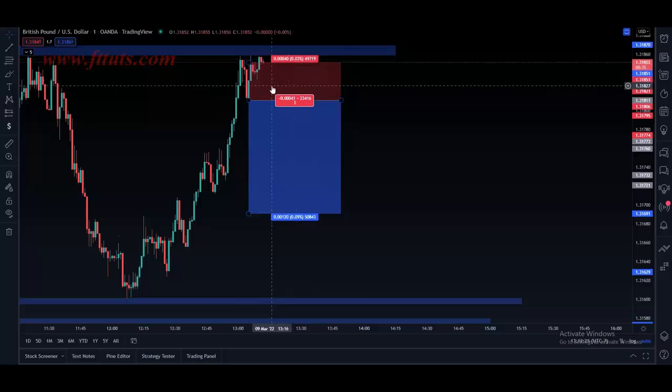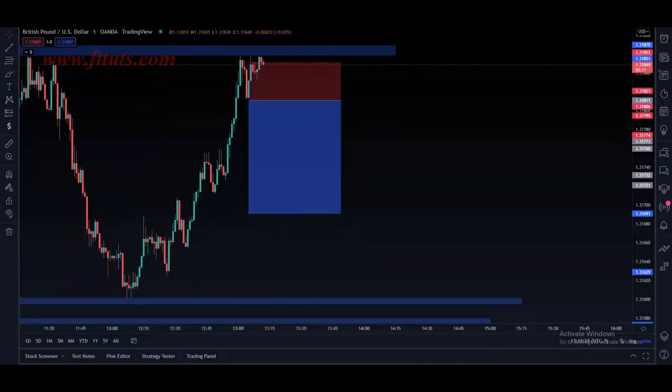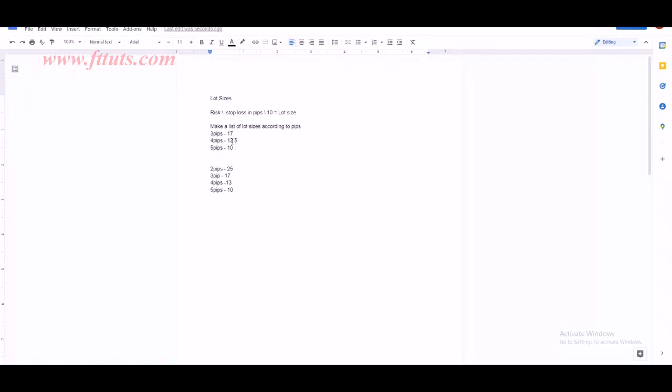And then what I'll do is, if it's within that 3 to 5 pip range, then I will just grab the in-between. Okay, I will just grab the in-between of whatever that is. So I know that 10 lots is the correct lot size for a 5 pip stop loss. 4 pips is 12.5. 3 pips is 17. But in between all that,